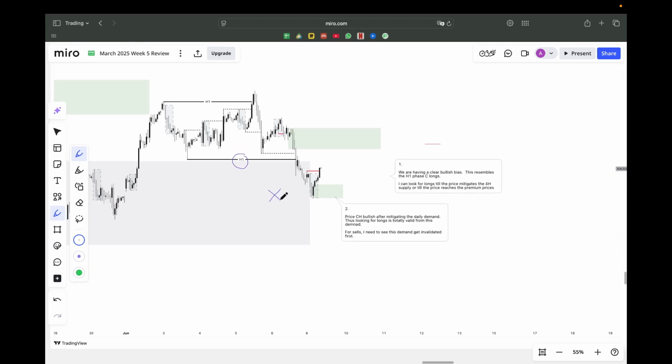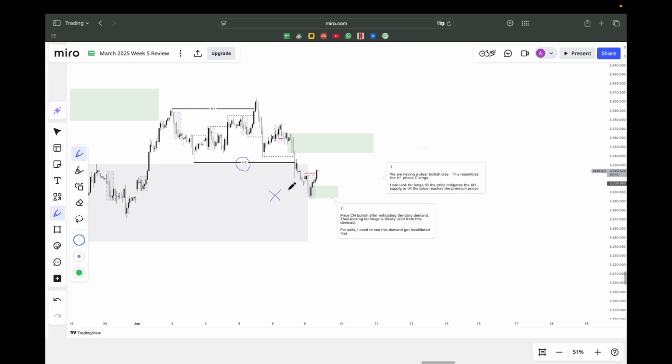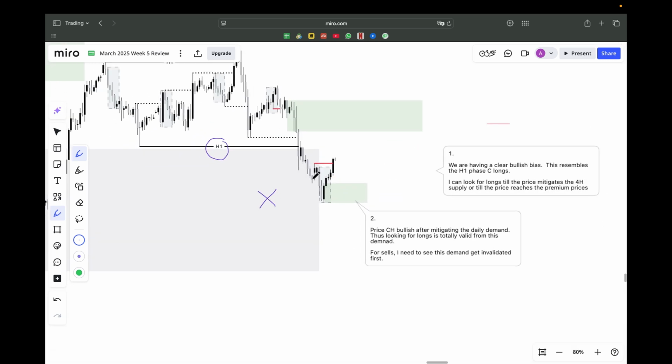So anytime the daily demand can hold and push the price up, we can't expect anything from the price. But what we know is price broke and CHoCH bullish. So after the swing break of bearish structure, we are having a CHoCH bullish, which means that the swing pullback can start and price can mitigate up to this demand zone, that supply zone,